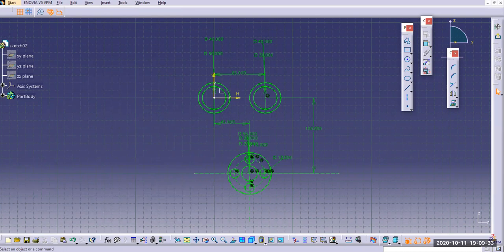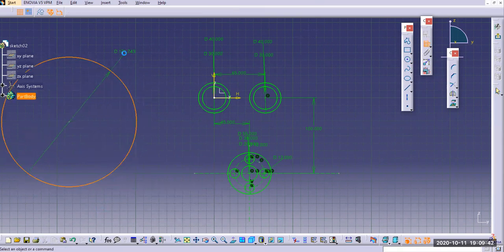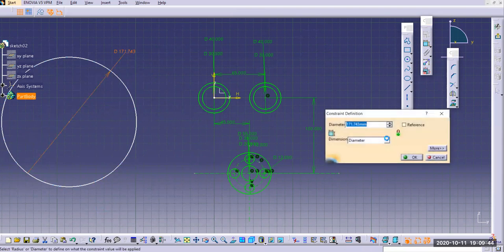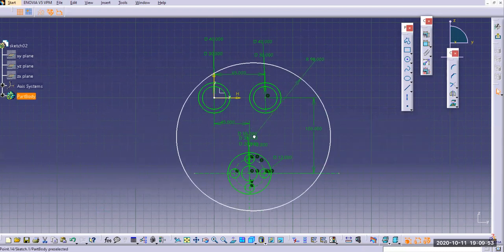So for this, we would just use the circle tool and make a circle on the outside and dimension it to be a radius of, sorry, a radius of 98. Okay, and place it over here,